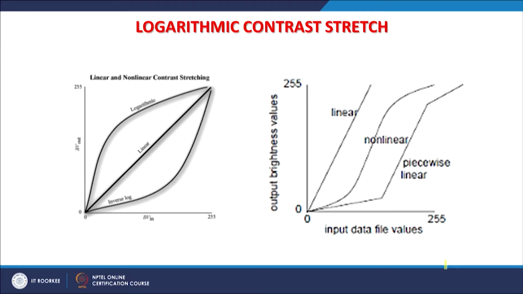Now, it will depend again on image to image. For example, here both linear and non-linear contrast stretch are being shown, and as you can see, the normal one, and there can be an inverse log also shown at the bottom. In here, when we see this LUT plot on the right side, the input values are there, then in the middle you have a non-linear stretch, this is the linear stretch, and this is a piecewise stretch that has to be done manually.